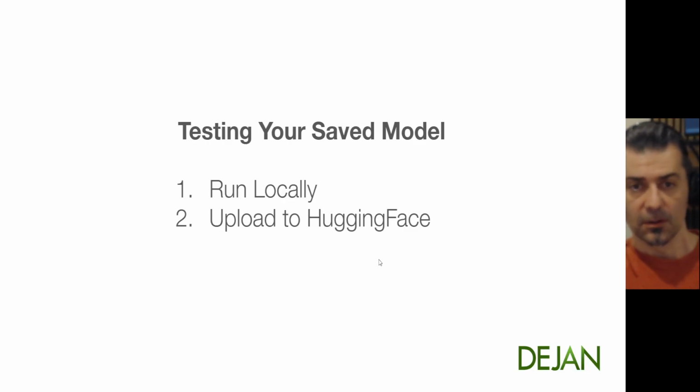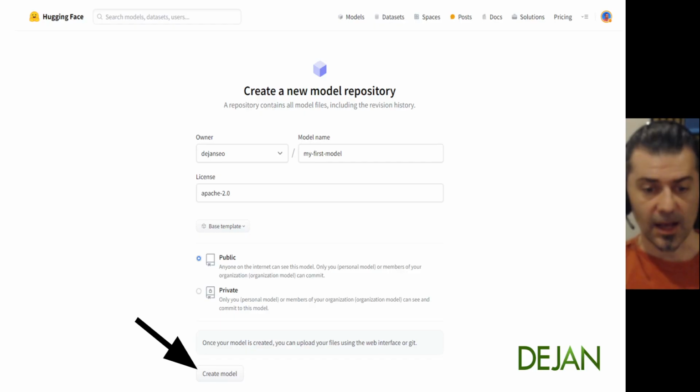Okay, so let's say the model's cooked and ready to go. So you've saved the model, it's there, it's a file on your computer now, and you can run the model. Well, that takes us back to the original step where you learn how to use somebody else's models and run them to perform a useful task. You can run your model locally, or you can upload it to Hugging Face. Here's how it works when you upload it to Hugging Face.